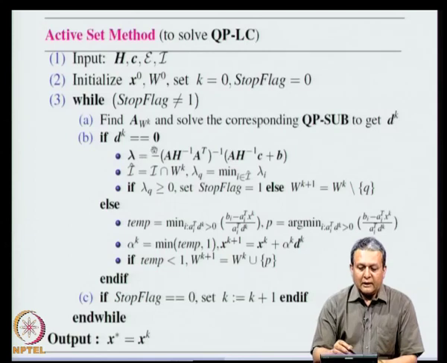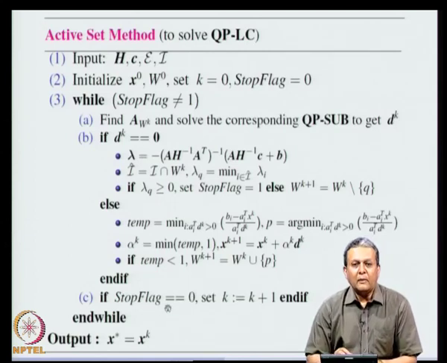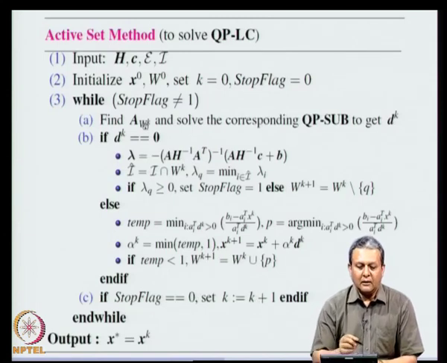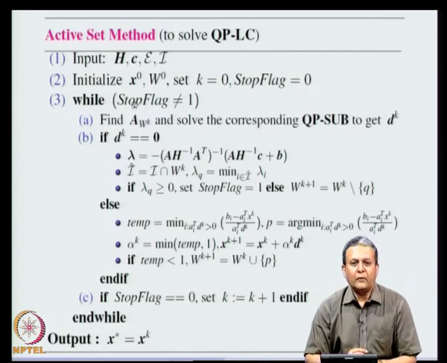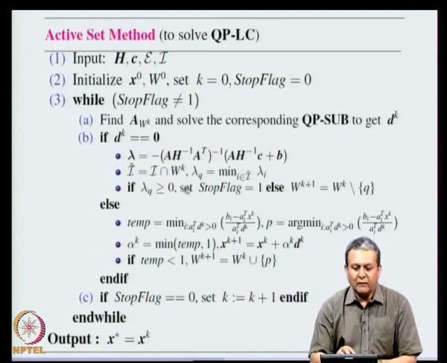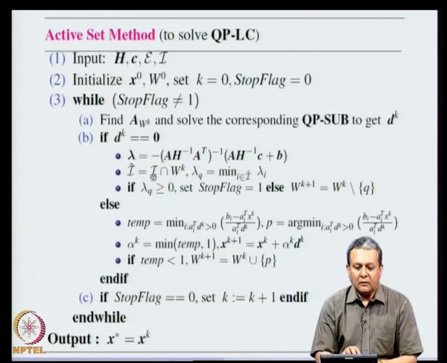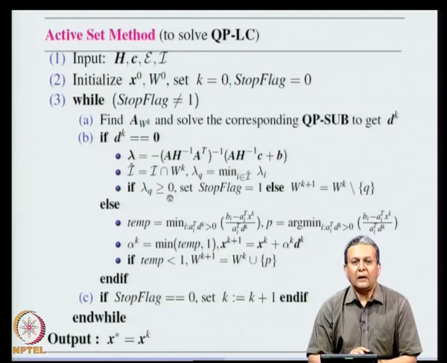Now, having done this, if stop flag is still set to 0, we increase the iteration counter and go back here. So, this procedure is repeated iteratively till stop flag becomes 1, and stop flag will become 1 when at a current point the Lagrange multipliers of the active inequality constraints which are part of the working set W_k are non-negative, and at that point we stop, and what we get is x star to be the value